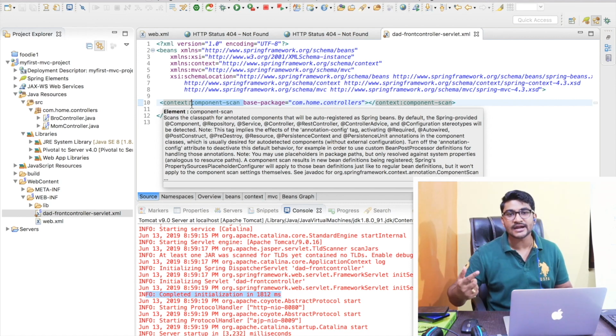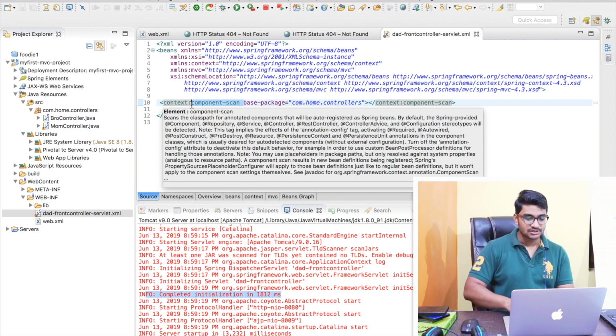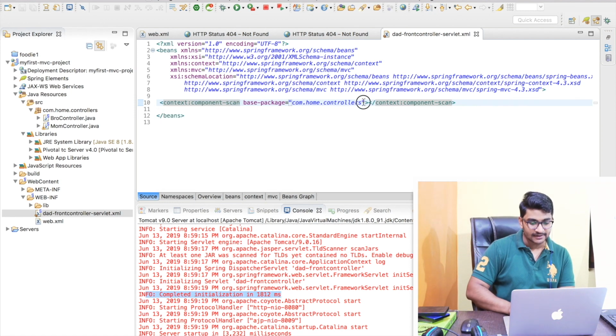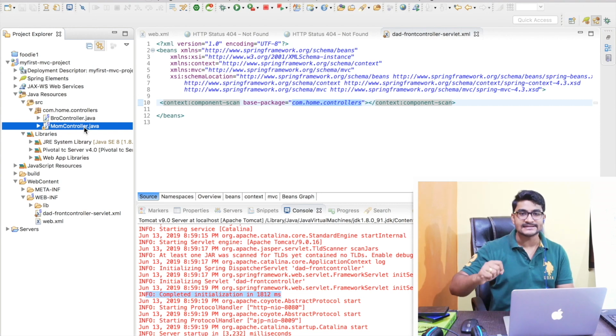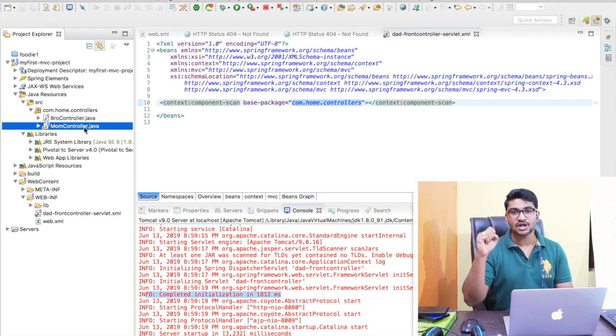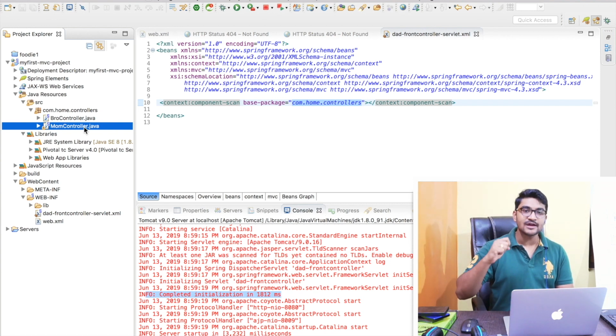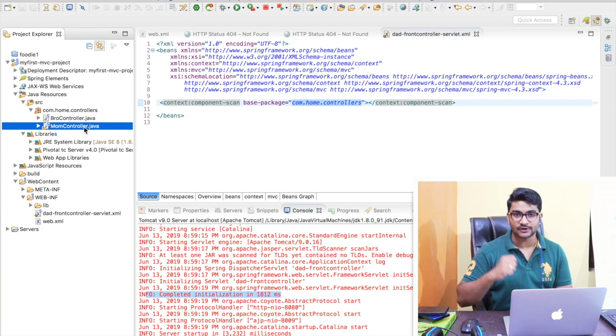It may be @Component, it may be @Controller. So now it is going to look in this particular package called com.home.controllers. Your framework will go here and search every class. If any class has an annotation called @Component or @Controller, the framework will create the object for it,